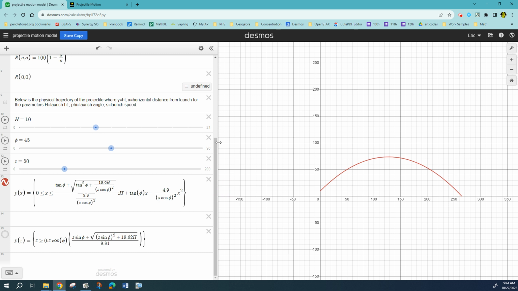Desmos graphing. I'd really like you guys to get used to using Desmos graphing, and maybe later in the year, you have a little spare time, like before winter break or something. Maybe we could do just a fun little project where you guys have to build something with Desmos graphing. The reason I think this is so good is because it uses math. I mean, it uses math in a way where it forces you to kind of take a different